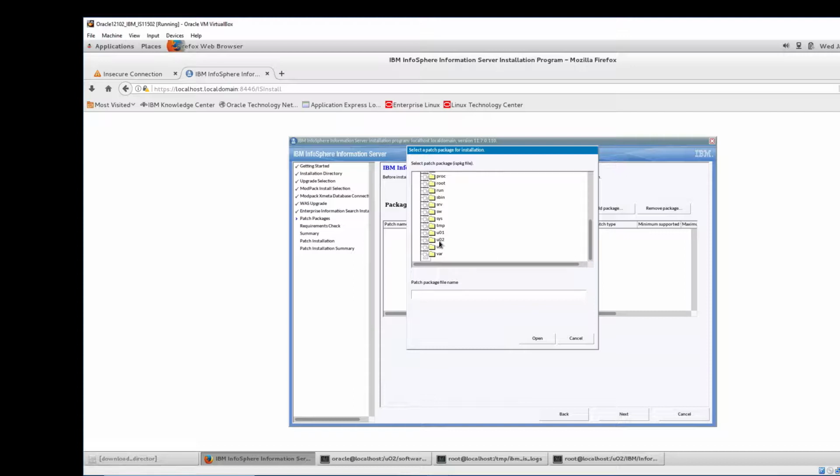So we'll go to U02 software, and then actually it's in the U02 software folder. So this is the one we want. This is the file that's going to run the upgrade for us. So we add that. So while it's processing that file,